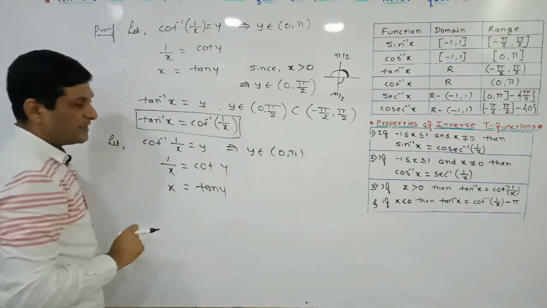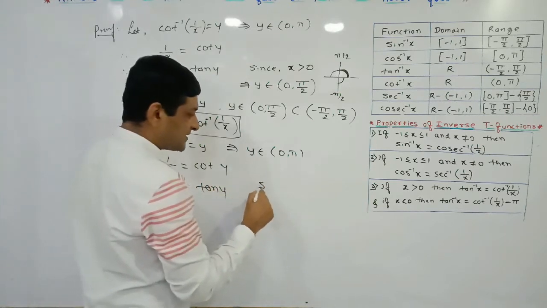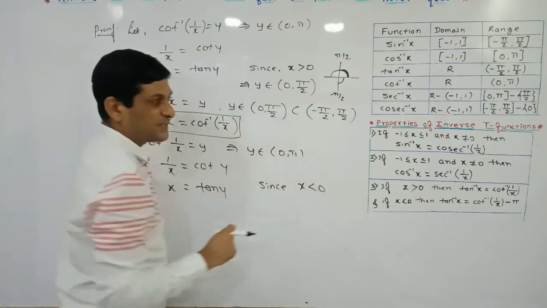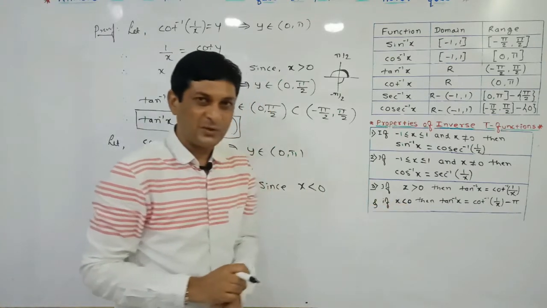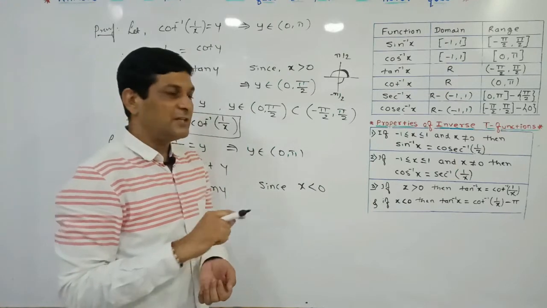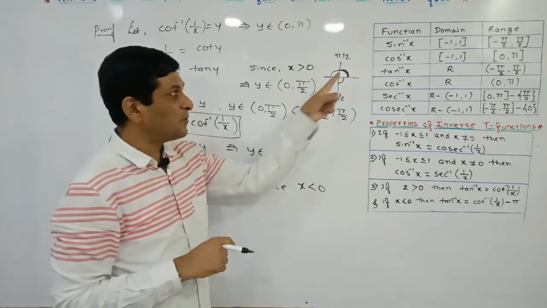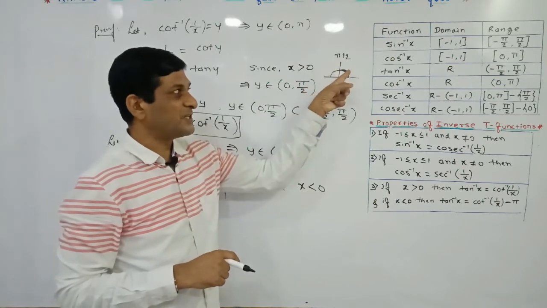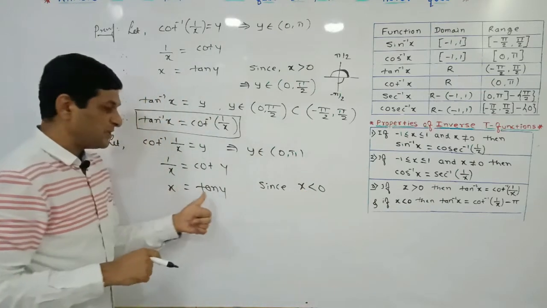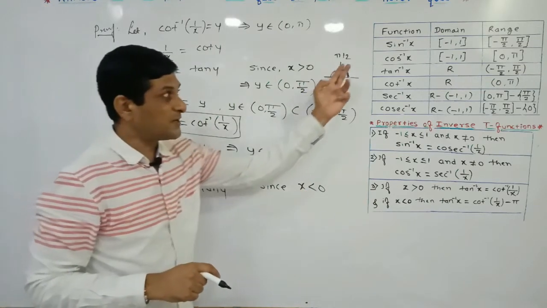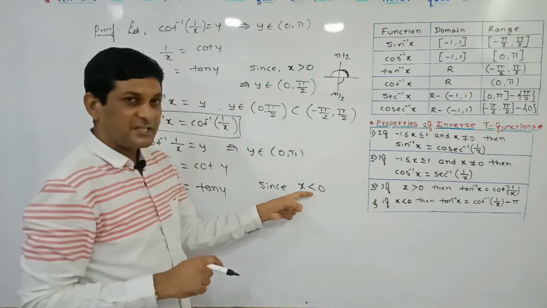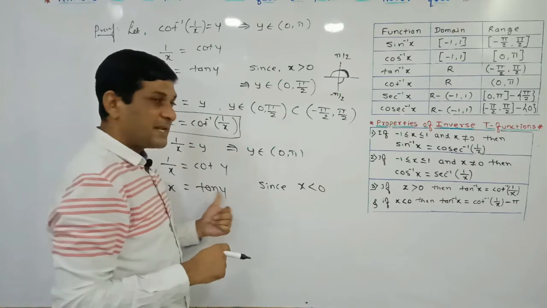tan y. Now here it is given to us that x is less than 0. So since x is less than 0, it is the given condition, we have to check in which quadrant y lies. As it stands, y lies in 0 to pi, which means the first and second quadrants, but here the value of x is negative. X is negative means tan is negative, but in the first quadrant tan is positive. So this condition is satisfied only if tan lies in